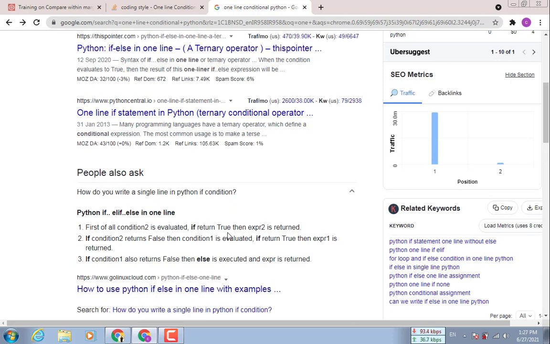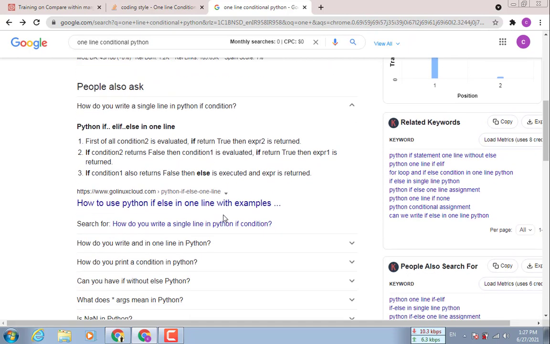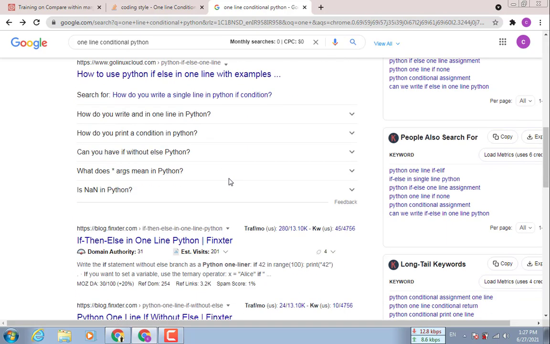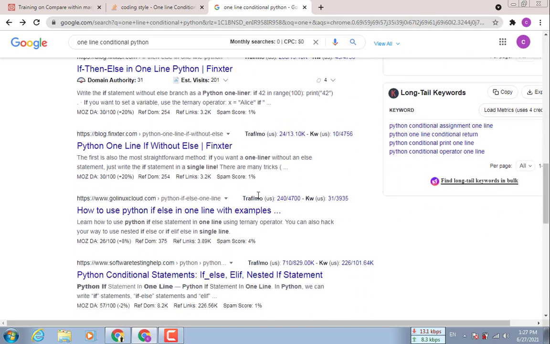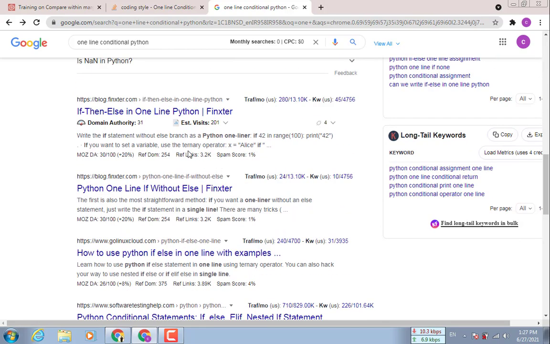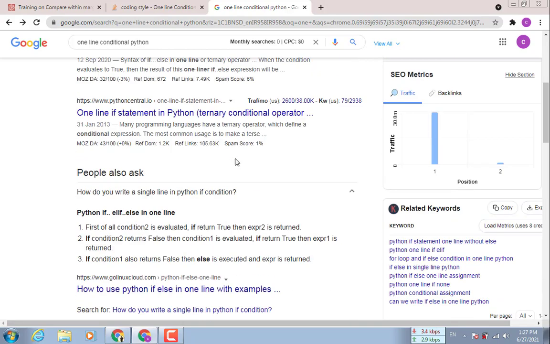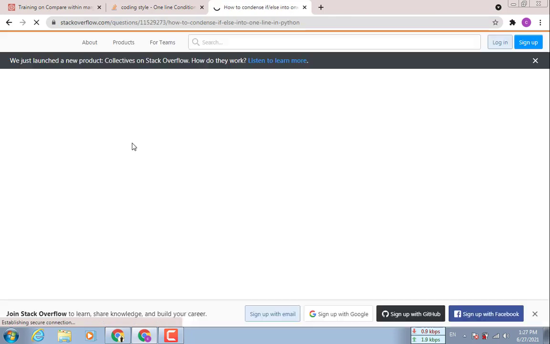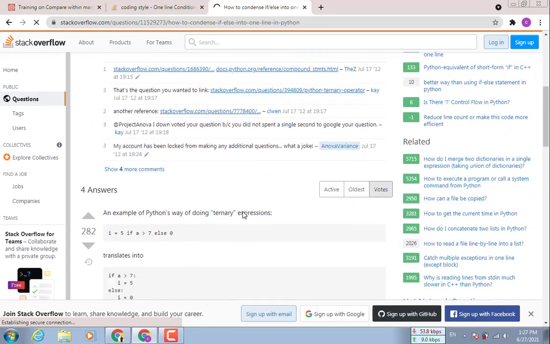If it returns true, then expression 2 is returned. If condition 2 returns false, then condition 1 is evaluated. So look at the example. Okay,